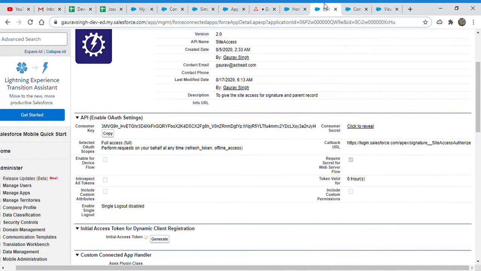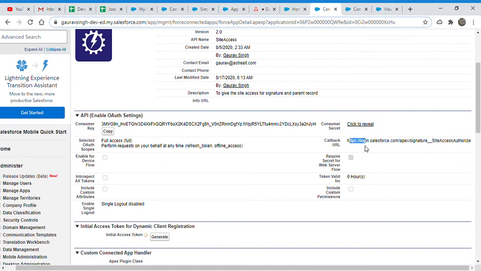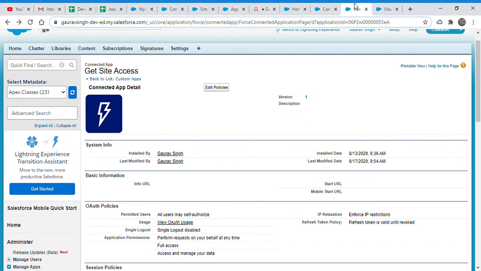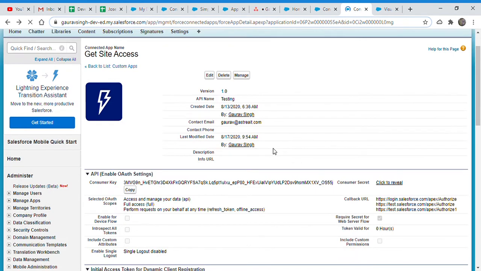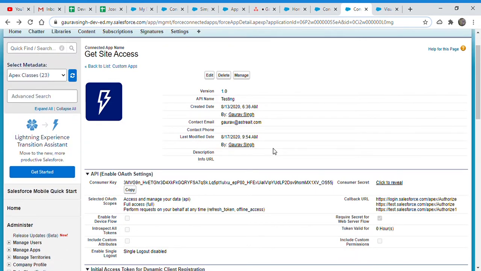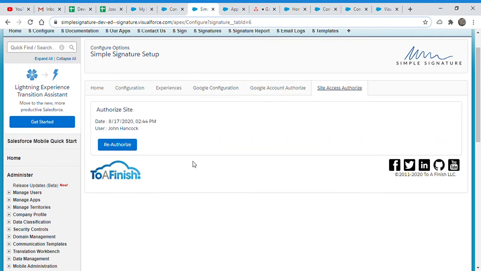Now talking about the third thing, which is that the admin doesn't need to ask us about adding the connected callback URL. So the third thing is that we can have a setup just like this one. Here you can see, if we come here, we will see that the default connected app is on, but just below, or in another tab, we can have this option to override that setting.